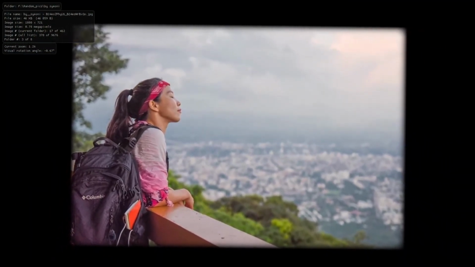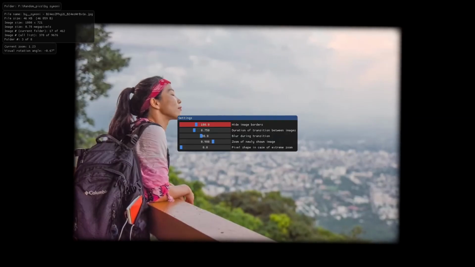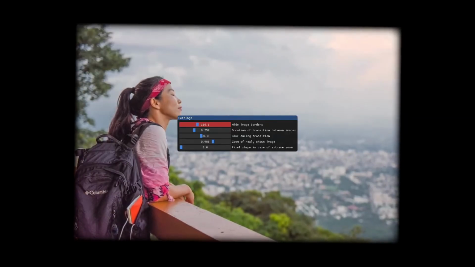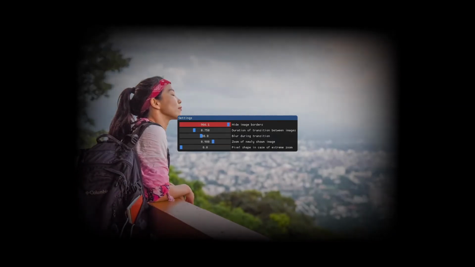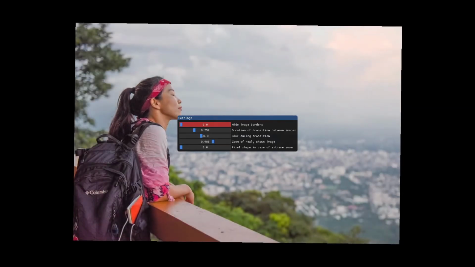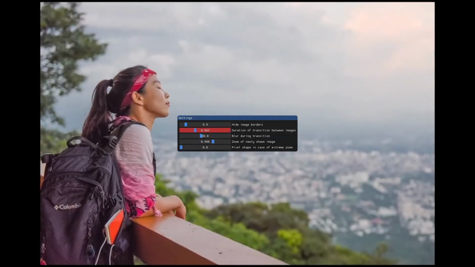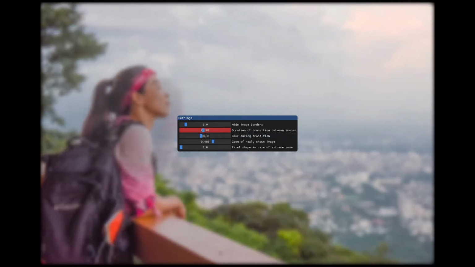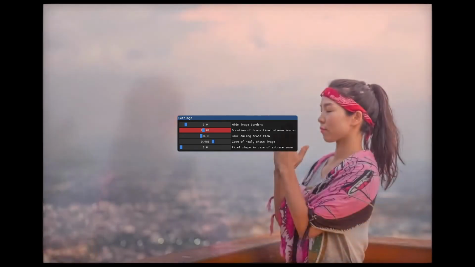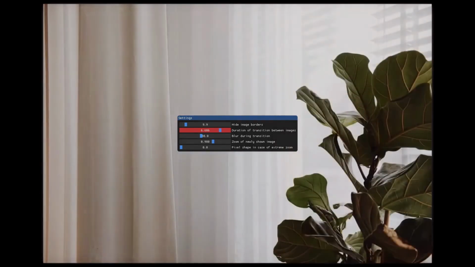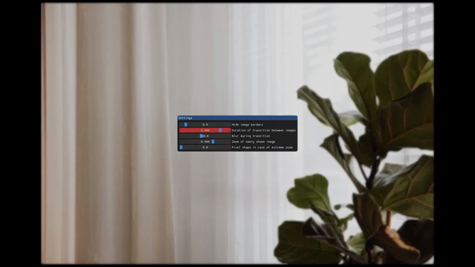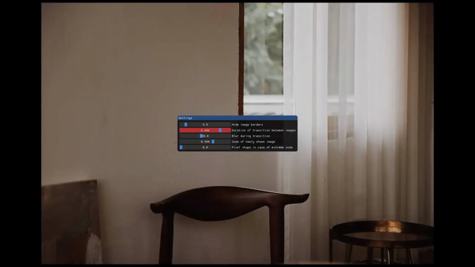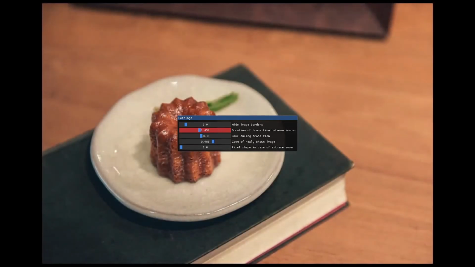Now let's press the S key to consider settings. By hiding image borders, you concentrate on the image content rather than its sharp edges. Therefore, it is advised not to see borders unless you really need them. Transition duration lets you tweak how long one image transitions into another. Don't worry, this won't slow you down, so feel free to set it to high values. Transition speed will adjust to image switching speed, so that when you switch faster, transition will get faster as well.